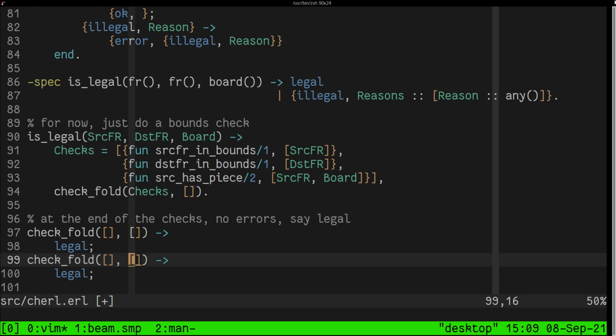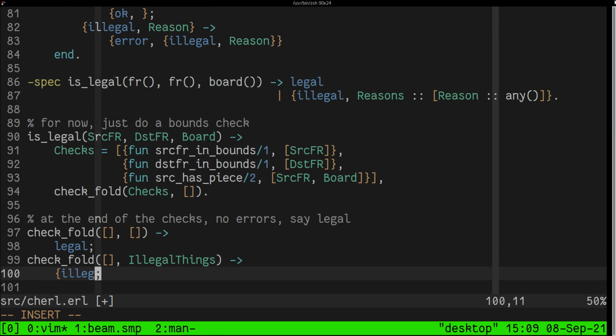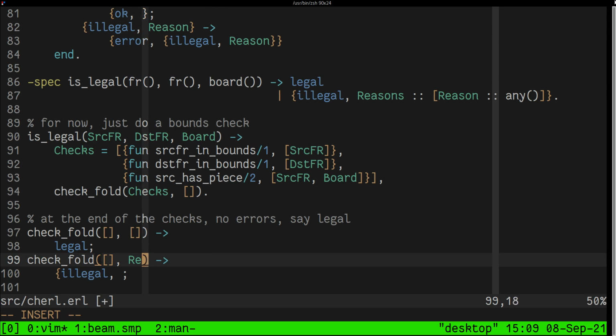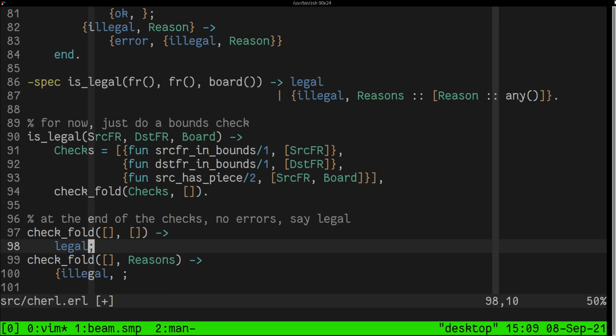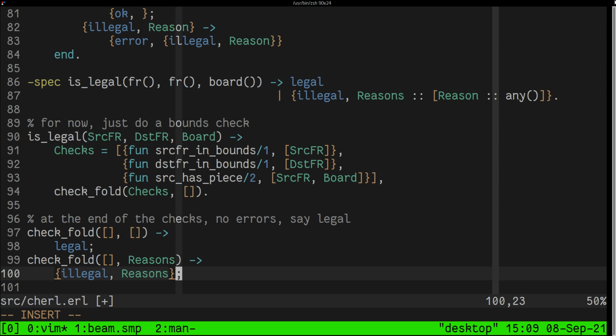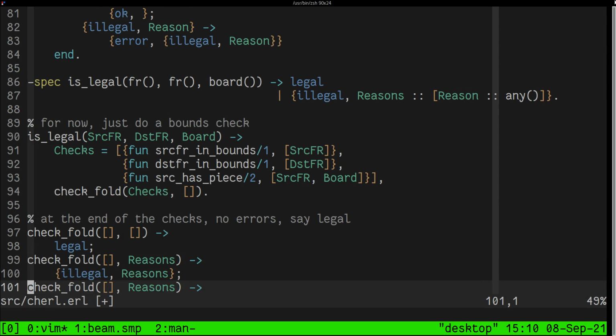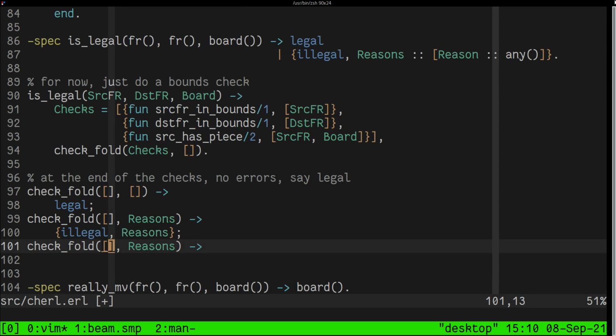If we get to the end and there are errors, illegal, and reasons. So if there are no reasons that this is illegal, we will return legal. If there is a reason, we will return illegal with the reasons. And then otherwise,